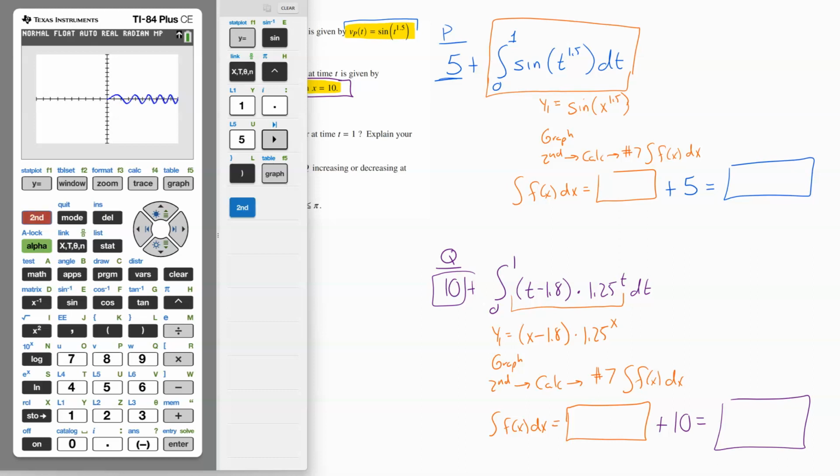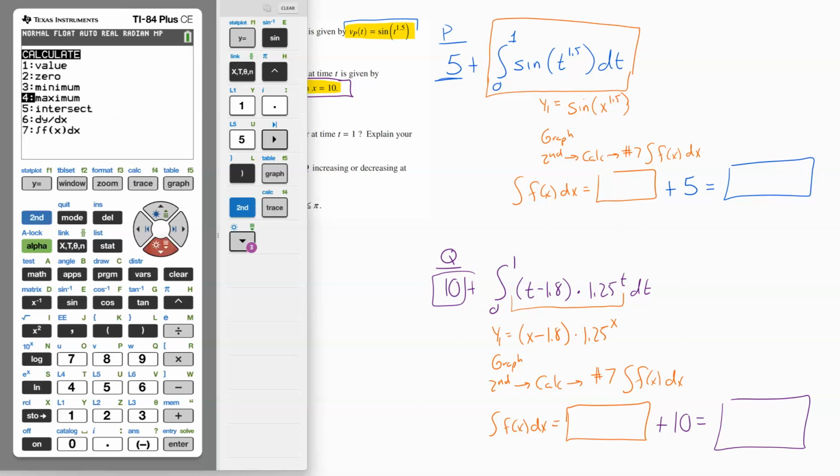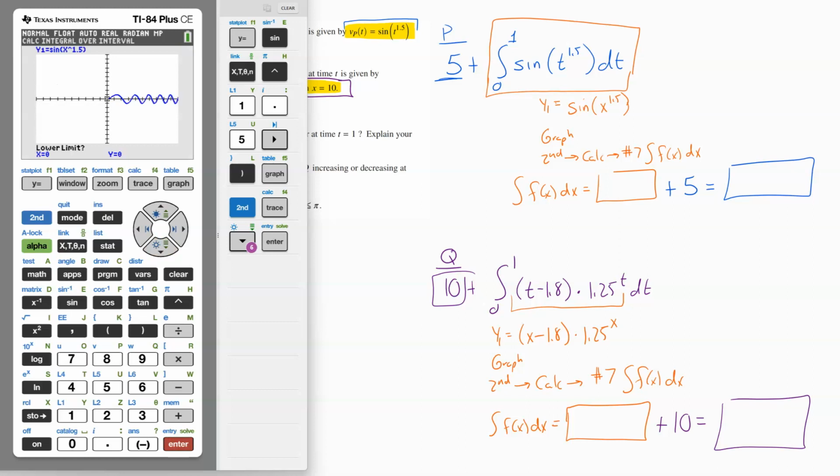We'll hit second, calc, and inside the calc menu, we'll choose the number 7 option, which is integral of f of x dx. I hit enter on that. At the bottom of the screen, it's asking me for the lower limit. The lower limit on this problem is 0, so I type in 0 and hit enter. It now wants the upper limit, which on this one would be 1, and I hit enter. It colors it in, and at the bottom of the screen, you can see that it's giving me the integral of f of x dx equals